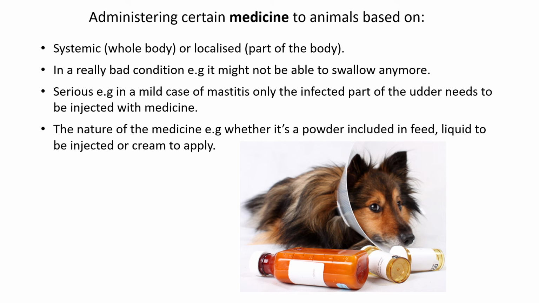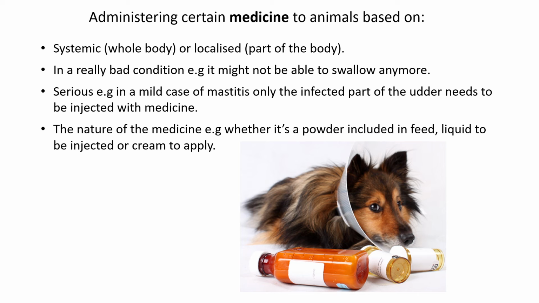Okay, then how do you actually administer or give medication to the animal? How you give the medication is based on the following. First bullet, you have to know whether this disease is systemic, meaning does it affect the whole body of the animal, or is it localized? Does it only affect part of the body, meaning is it a broken arm, a broken leg, is the head hurt, is the wound somewhere, or is the entire body affected, meaning the nervous system and so on. So this is usually what a farmer has to keep in mind.